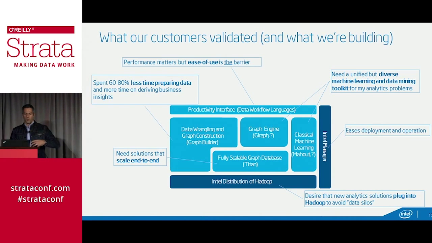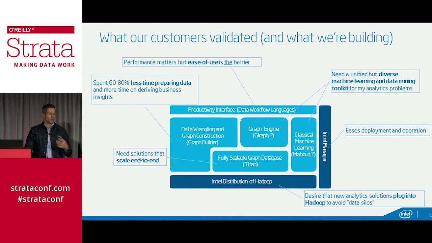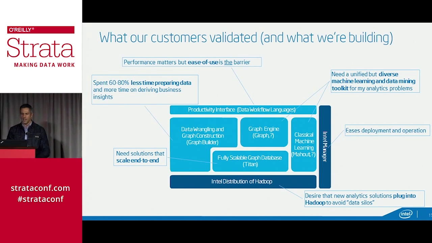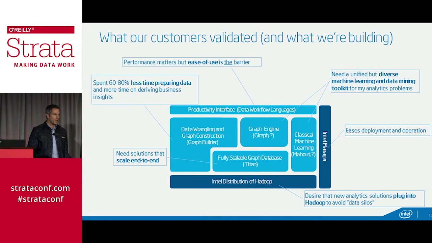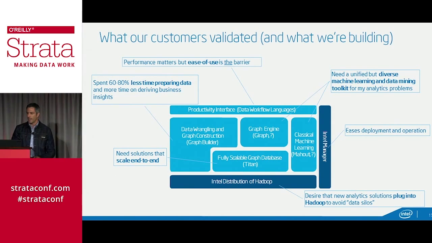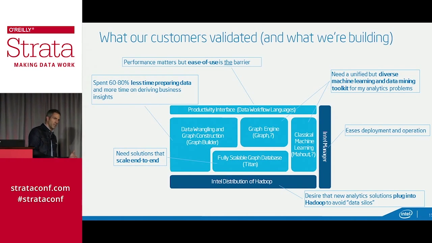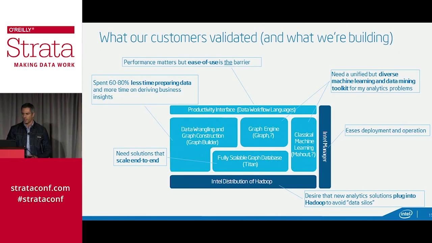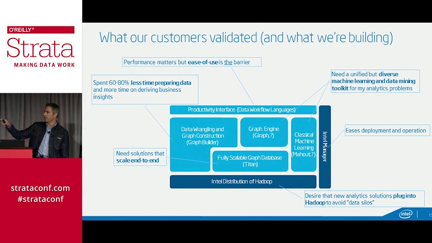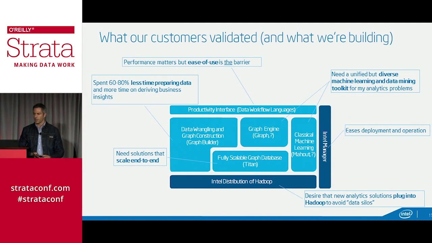We need to provide the data wrangling and graph construction tools. We have a project called Graph Builder that's great for that. It brings a graph-based approach to that ingestion problem. And then we need to be able to feed that into scalable databases that scale with the rest of the pipe. There are very few of those out there. One example is the great open source project Titan. It's built for graph problems. We'll look at it in a second. And then we need to be able to throw that information up in filtered ways into graph engines, analyze it, annotate things back in the database, and then serve that information out to services. And hopefully leverage the management service and the underlying Hadoop and other components that we already have.